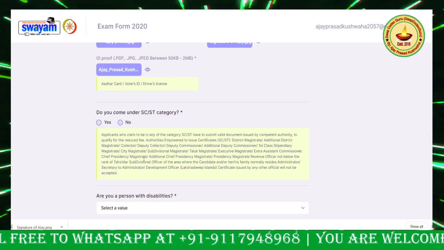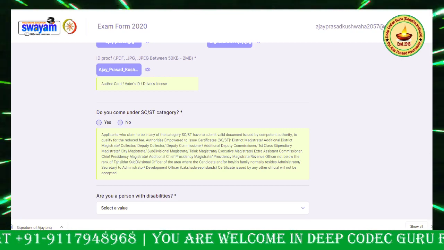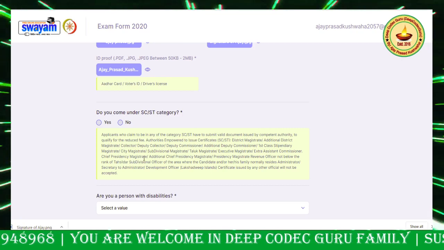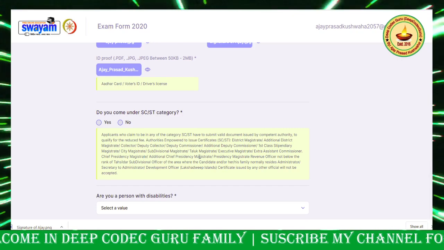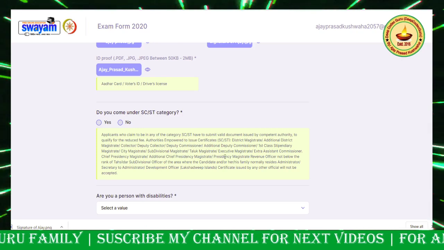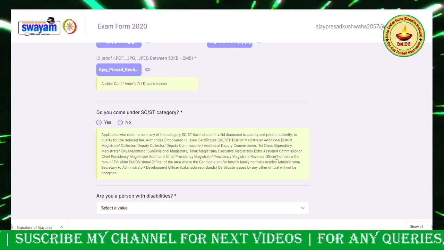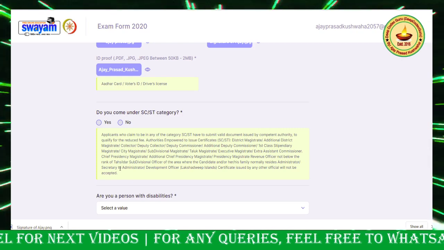So you can read those things. Also chief presidency magistrate, additional chief presidency magistrate, presidency magistrate, revenue officer not below the rank of